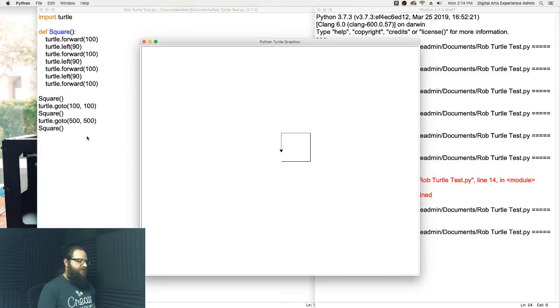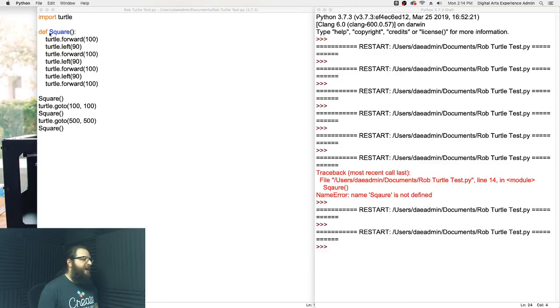So now the turtle does one square, two squares, and then we go to another area that's way off screen, and draws another square. You can kind of see it peeking out in the corner over there. So defining your own functions is a very, very nice way to save yourself from copying and pasting a lot of stuff. You just set your function up properly, and you can call it again and again and again to draw a